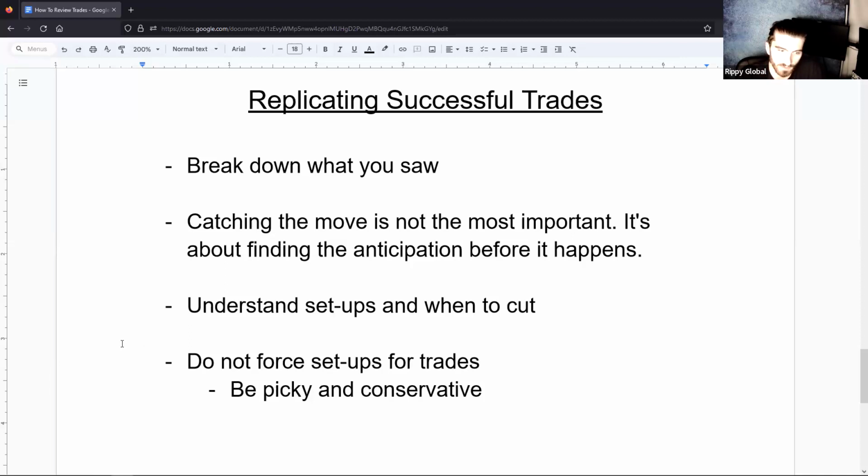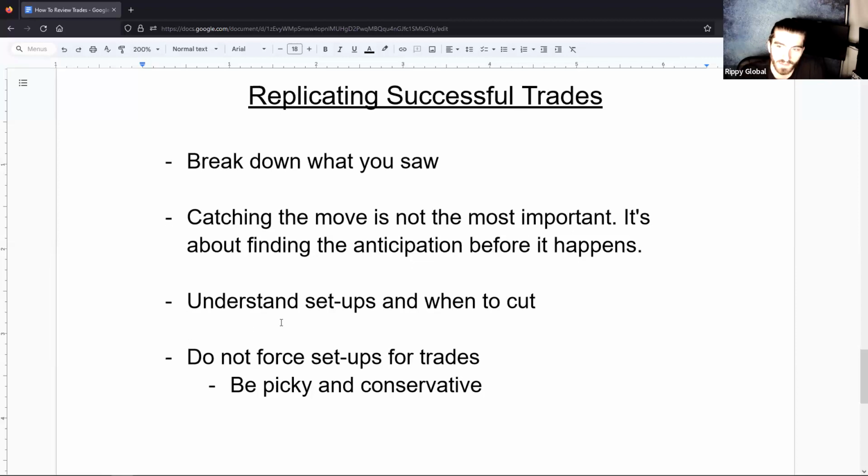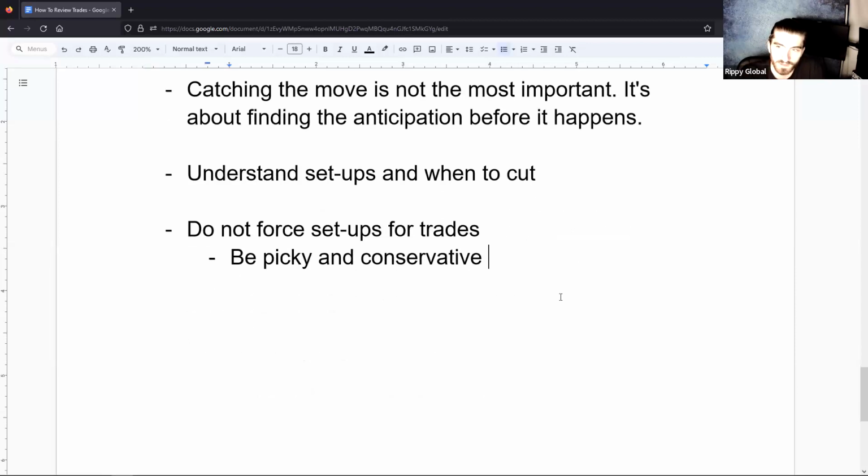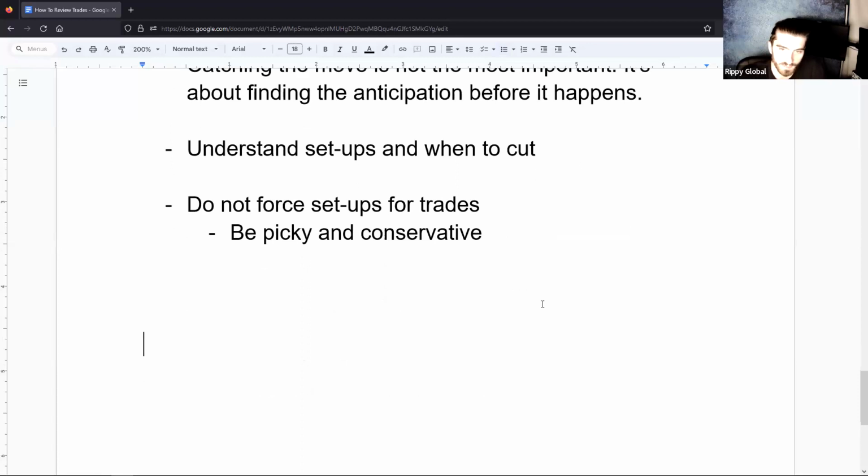You just saw it quickly and you were looking for a move or scavenging. You just want to enter something. That's not going to do anything for you long term. You're not going to understand why you did it. You're not going to learn from a winning or losing perspective what you have to fix. And that's one of the hardest things about trading stuff like that. There's no learning experience.